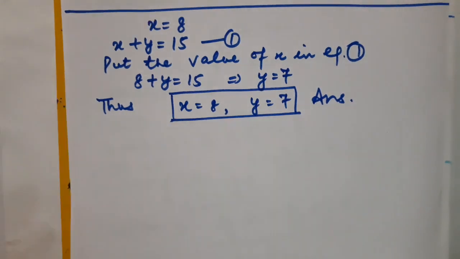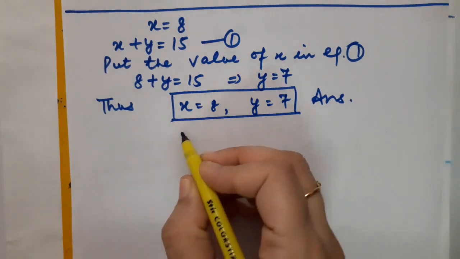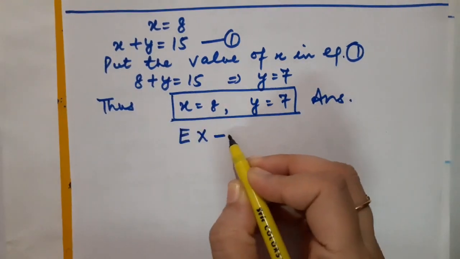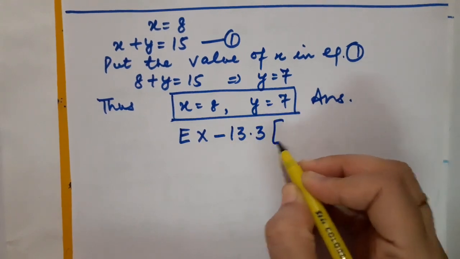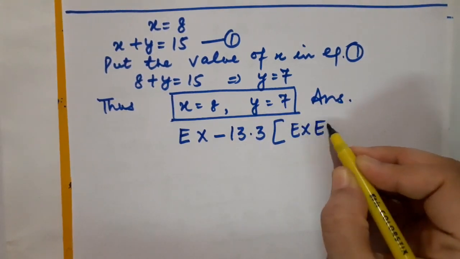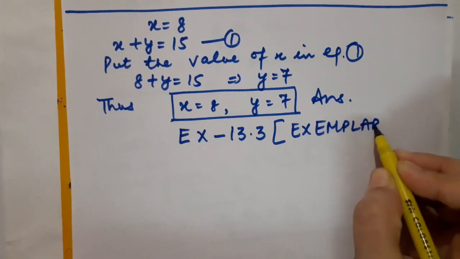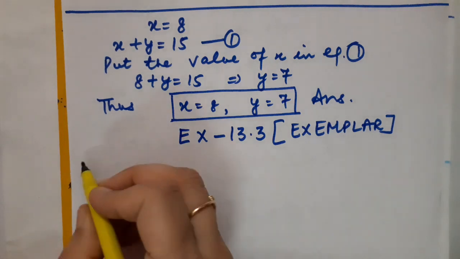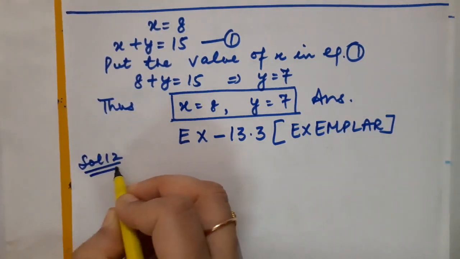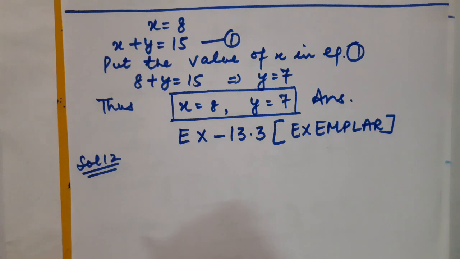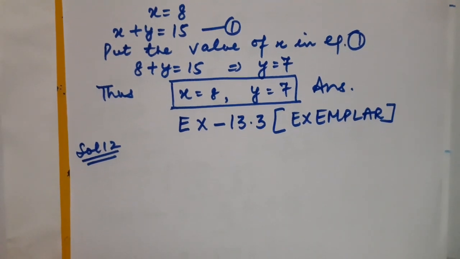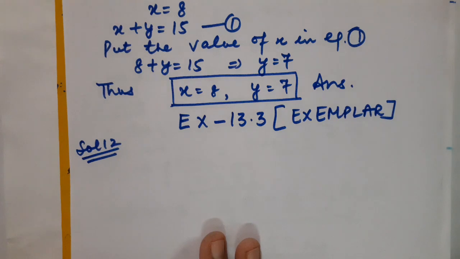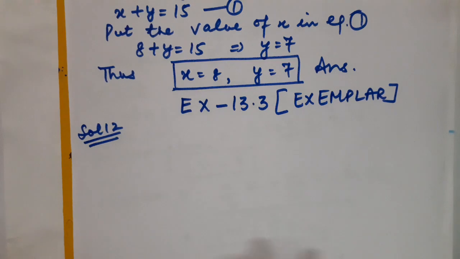Got it? Now children, I will be taking one more question, but it is not from NCERT. This is from NCERT Exemplar, and the exercise is 13.3 from the Exemplar textbook. Okay, so let us start doing it. This is question number 12. Please listen to the statement carefully. Find the unknown entries, that is A, B, C, D, E, F, in the following distribution of heights of students in a class. So let us form a table first.